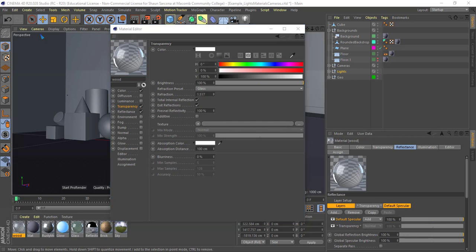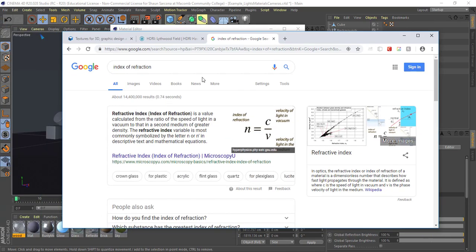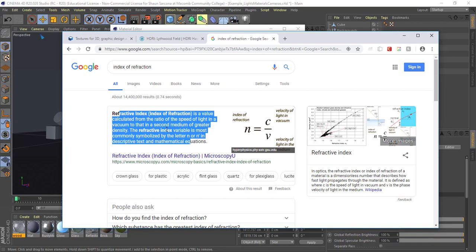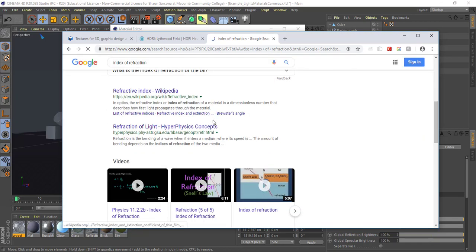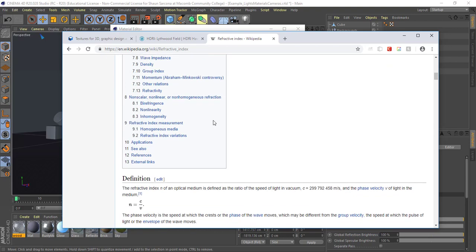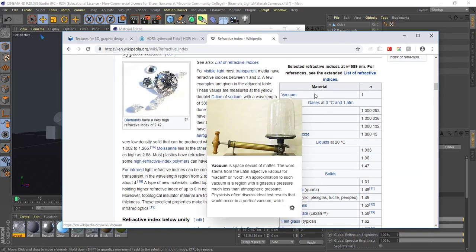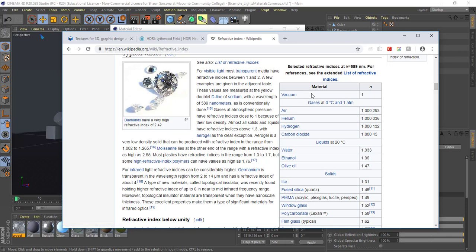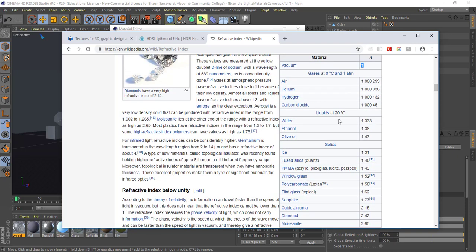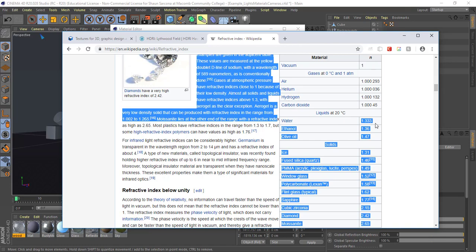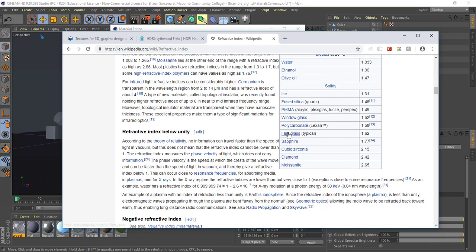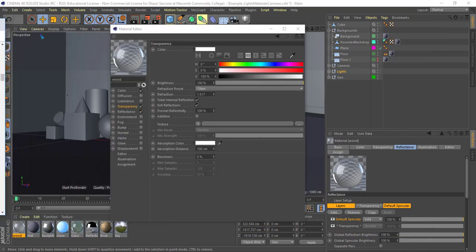Everything that reflects and is transparent has this thing called the index of refraction. And basically, if I go to Wikipedia, they have a little chart inside here that shows you, okay, if it's just a vacuum, which is typically a perfect environment, it's 1. If it's air, then it's like 1.000293. It might as well be 1, as far as we're concerned. When you get into water, you'll see water is about 1.3. When you get into flint glass, 1.62. When you get into diamond, it's 2.42. Okay, so these are starting point numbers,